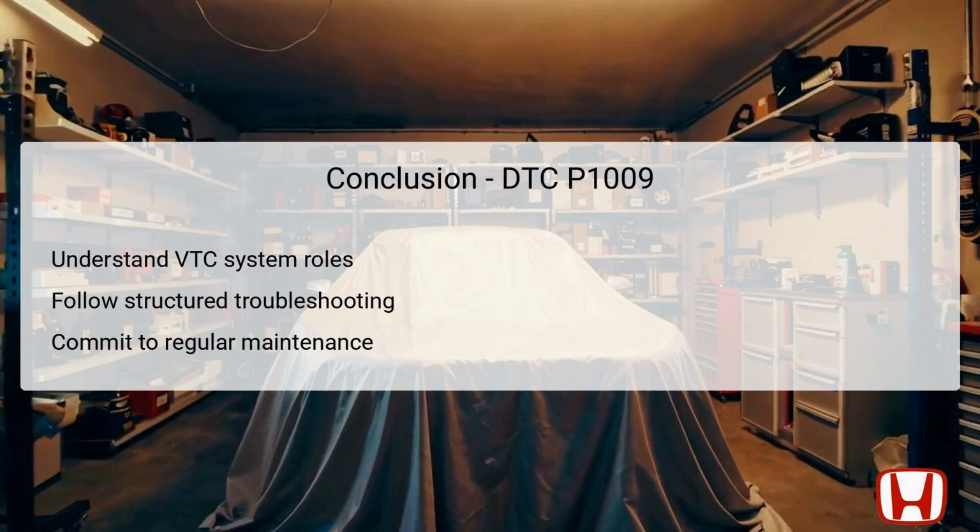By following a structured set of troubleshooting steps, such as those involving the HDS diagnostics and careful monitoring of engine conditions, you can successfully resolve the code and its impacts. To further enhance engine reliability, committing to a routine preventive maintenance schedule will help maintain VTC functionality and overall vehicle performance, thereby ensuring a smoother driving